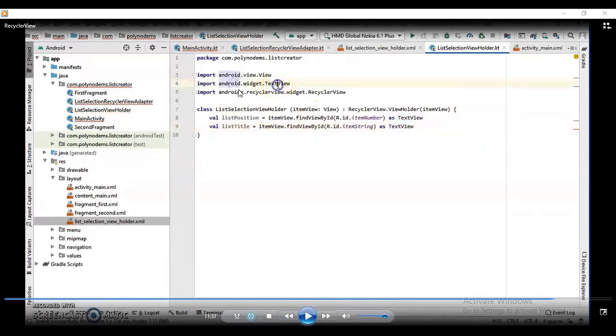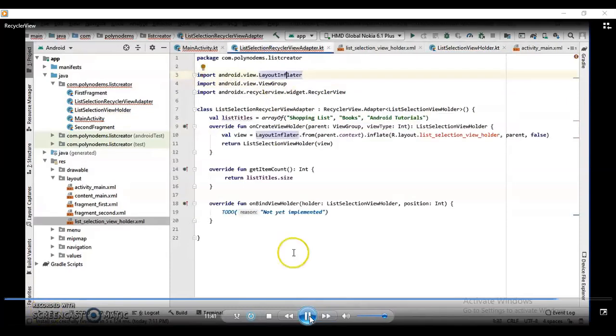From the android.widget package, this text view class will be referred. And list position and list title, these two properties will be referred to the item number and item string that we have just created. So we can access those two class member properties inside this second class, that is list selection recycler view adapter.